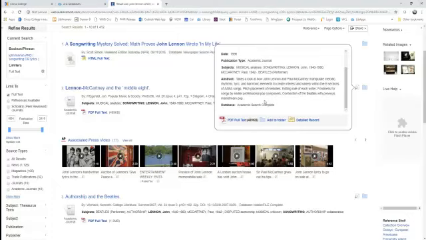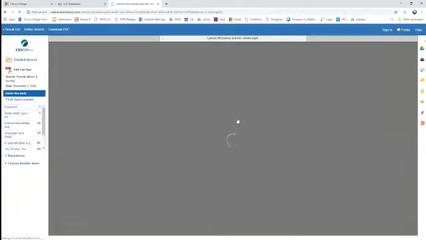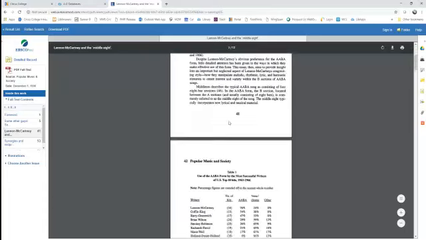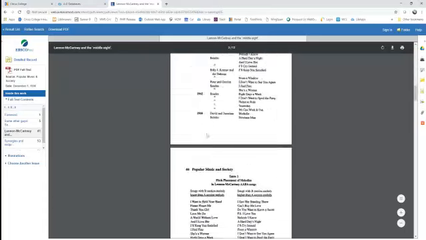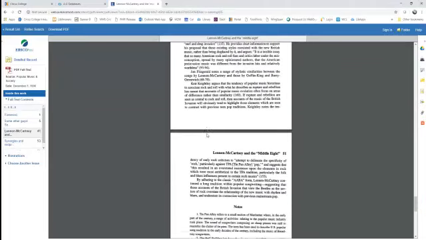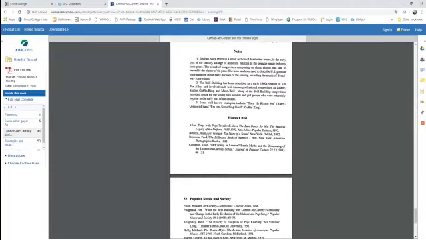So I'm going to pretend right now that this is going to work for me. So I want to look at the article. I'm going to click on PDF full text, and it's going to present the article just like I have it in front of me. So I can see, okay, 12 pages, yay, John Fitzgerald, thank you so much. Lots of interesting things here. And as I scroll down to the bottom of my article here, a lot of people stop when they get to this